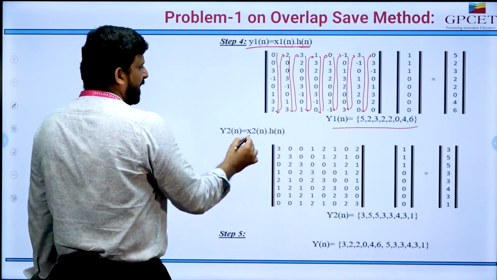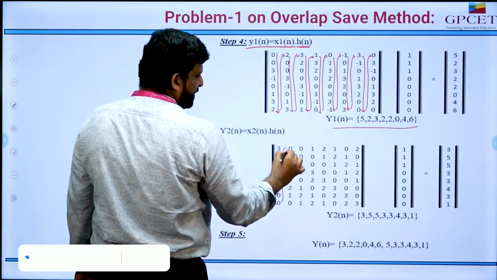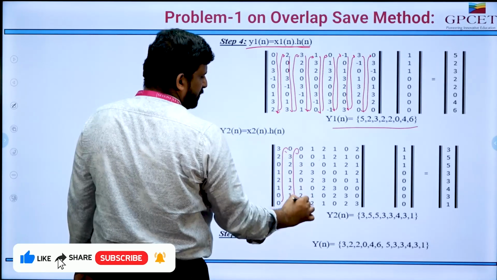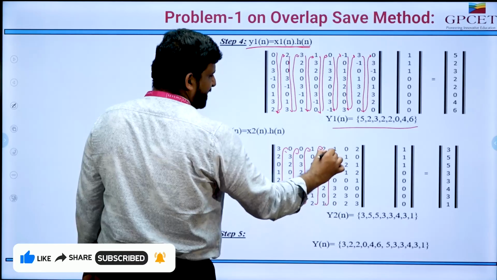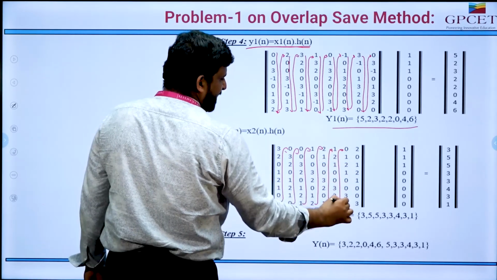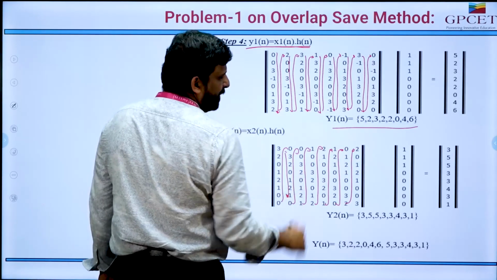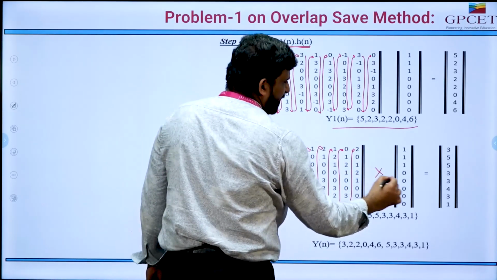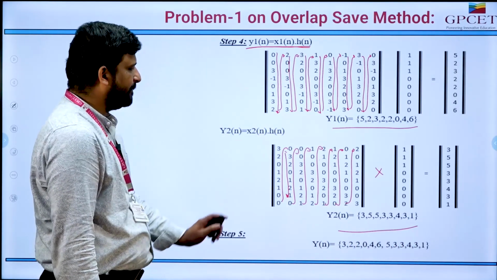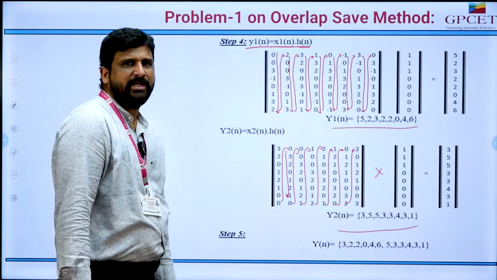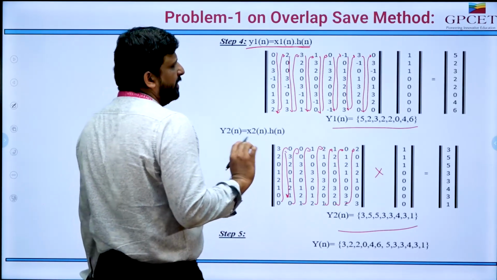Similarly, I am taking the x2 of n sequence. For x2 of n, I have framed the matrix representation similar to what I have done above. After framing this matrix representation, this x2 of n is multiplied with h of n, h1 of n, so that I got the sequence 3, 5, 5, 3, 3, 4, 3, 1. Now these are the 2 sequences I got here, and the final step, as we have seen,